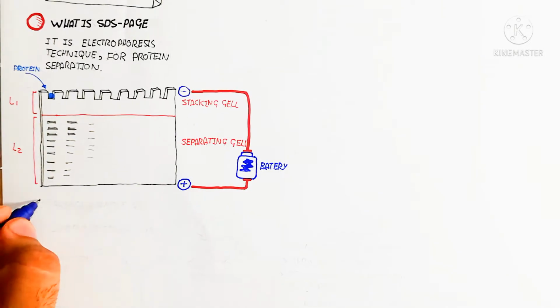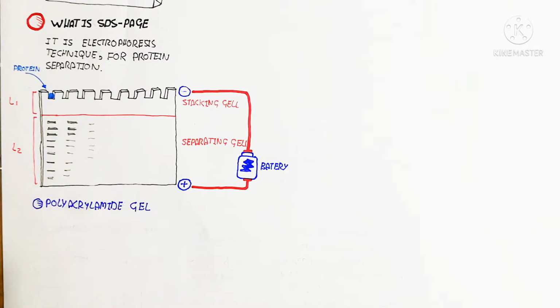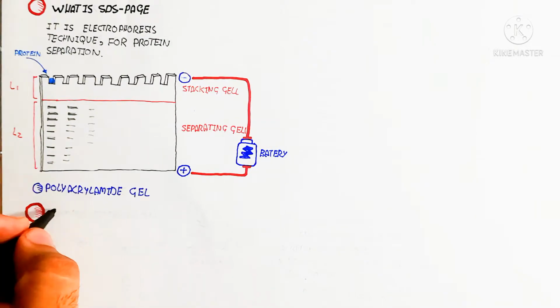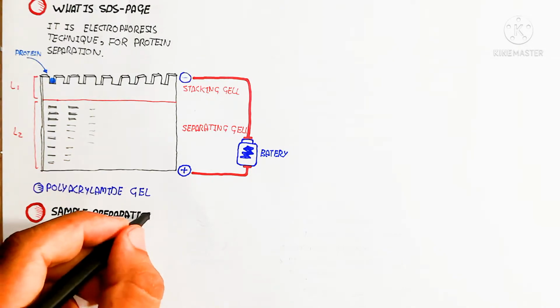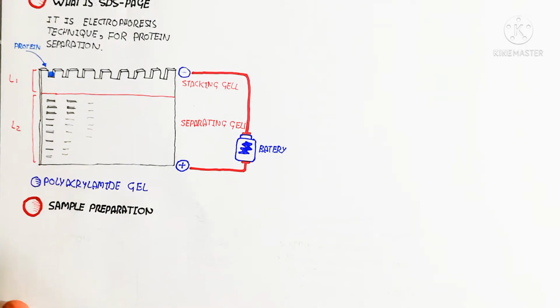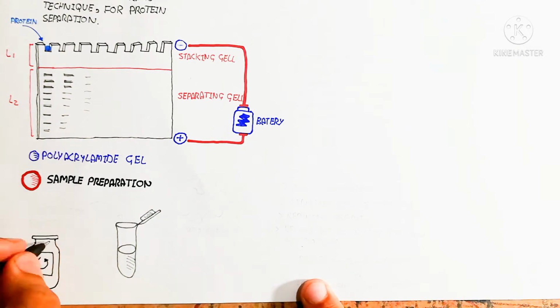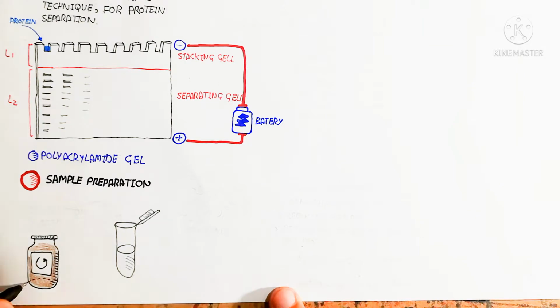Next we will discuss the sample preparation, obviously. First of all we should understand the denaturation buffer. The denaturation buffer will prevent the denaturation of the protein in the sample while we collect the desired protein. Desired protein means the protein of interest that we are using. That protein is put into the test tube as a sample, and denaturation buffer is used.